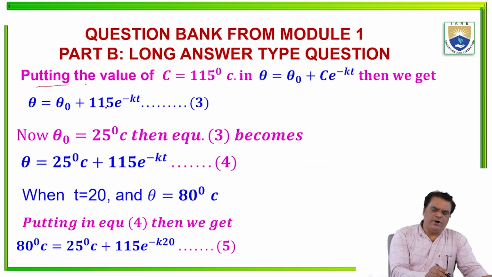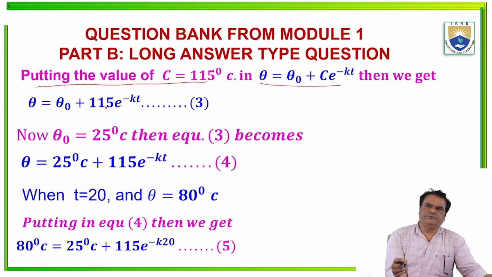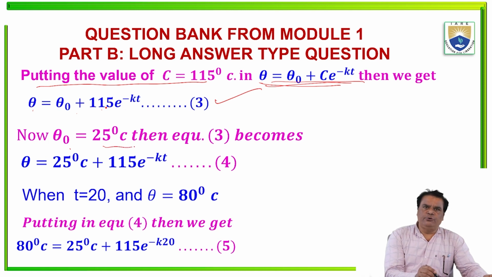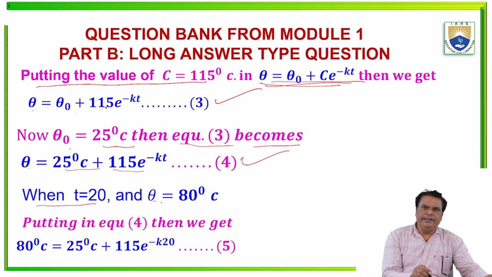Next, putting the value of c in the given equation 1, theta equals theta naught plus 115 degrees e to the power minus kt. This is equation 3. Now putting theta naught equal to 25 degrees Celsius, equation 3 becomes theta equals 25 degrees Celsius plus 115 degrees Celsius e to the power minus kt. This is equation 4. Now when t equals 20 and theta is 80